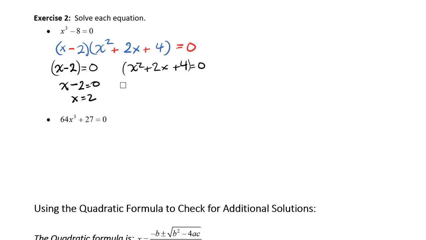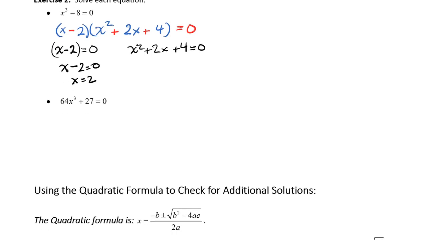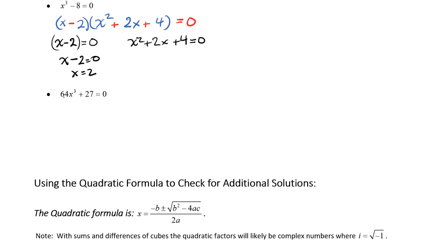For this other one, we're going to need the quadratic formula, and that we will talk about in just a minute. This next one is 64x to the third plus 27 equals 0, so the cube root of 64 is 4. Cube root of x cubed is x, cube root of 27 is 3, and we'll do plus for our sign,